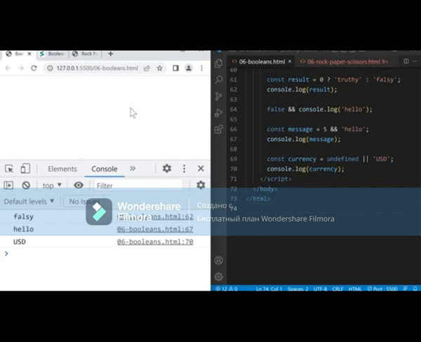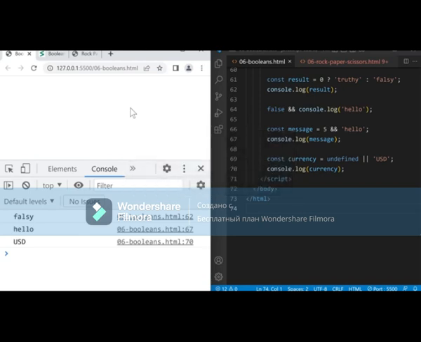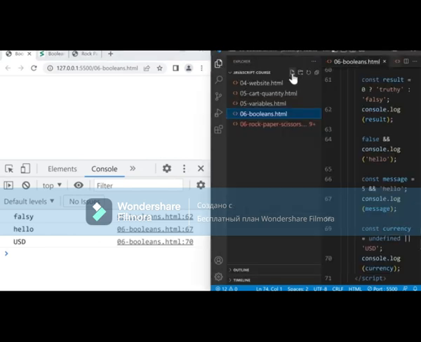In this lesson, we're going to learn the next feature of JavaScript called functions. And we're going to use functions to improve our rock, paper, scissors project. First, let's create a new file for this lesson. We'll go to our code editor and create a new file. And let's name this file